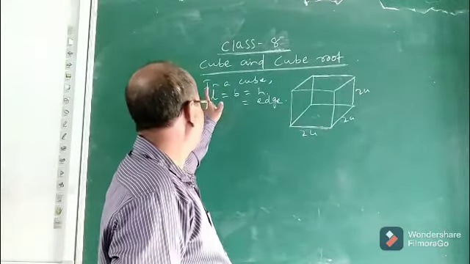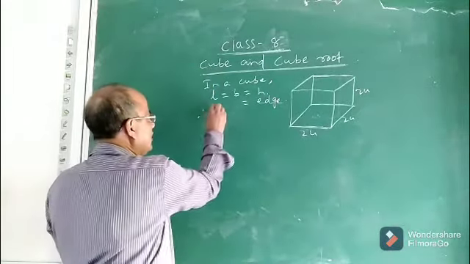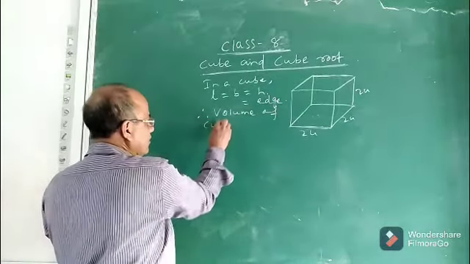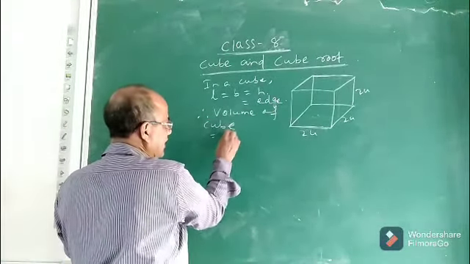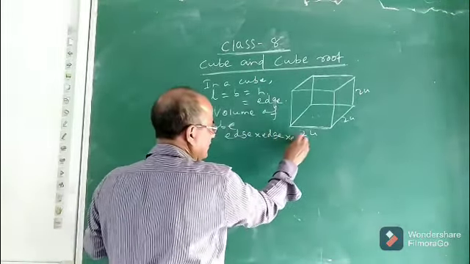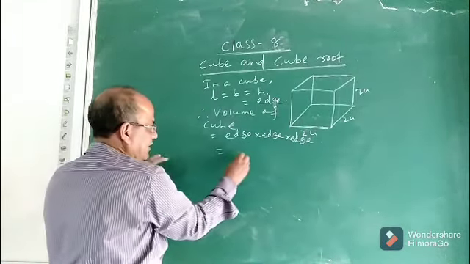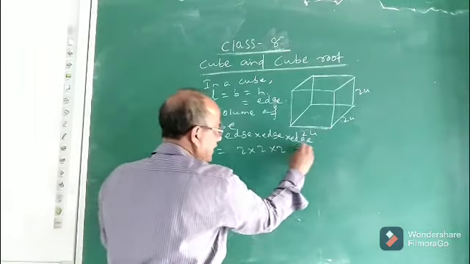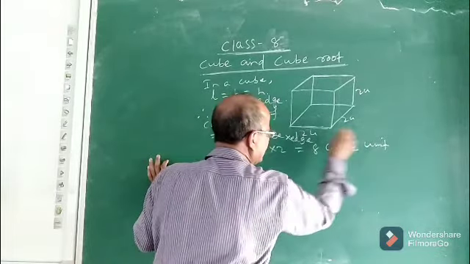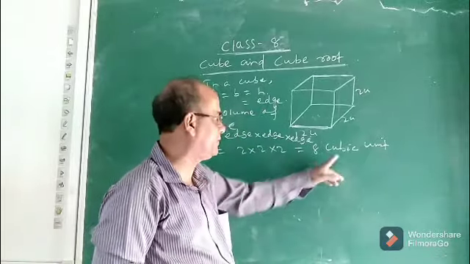Since length, breadth and height are the same in a cube, which is equal to h, therefore the volume of the cube can be written as, this thing we have already read in junior classes, volume of cube equals h into h into h. We are multiplying h 3 times. So in this particular example, it is 2 into 2 into 2, that is 8 cubic units. If the length of each edge is 2 units, then the volume of this cube will be 8 cubic units.